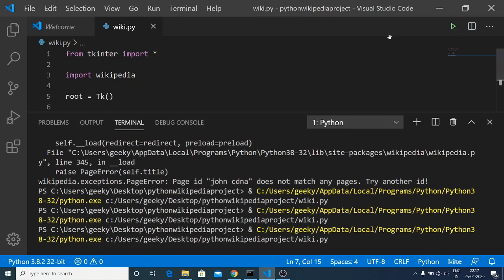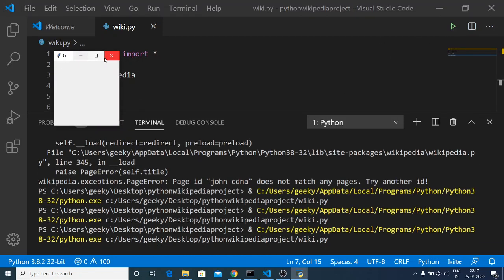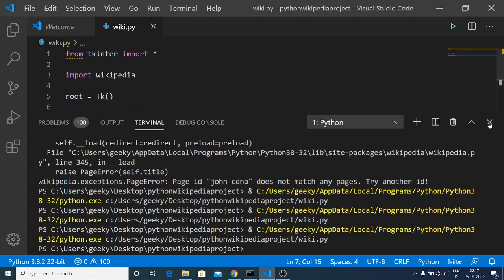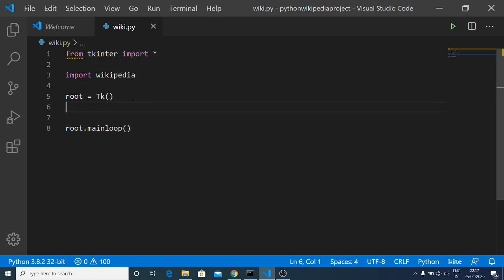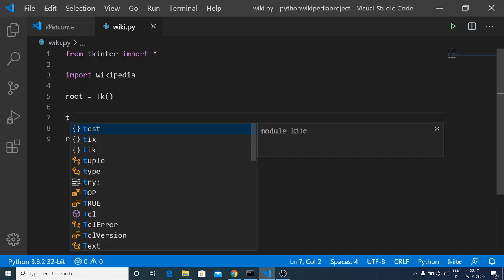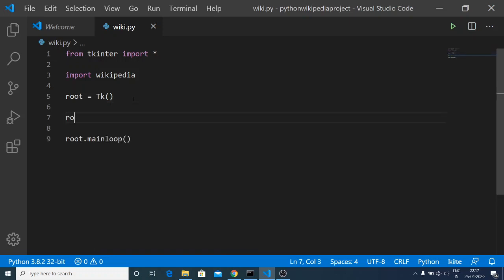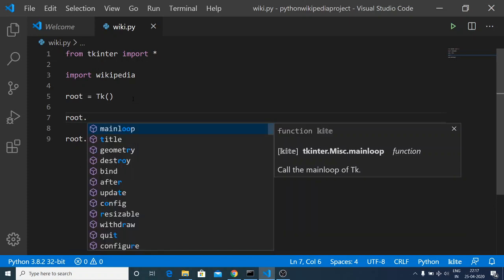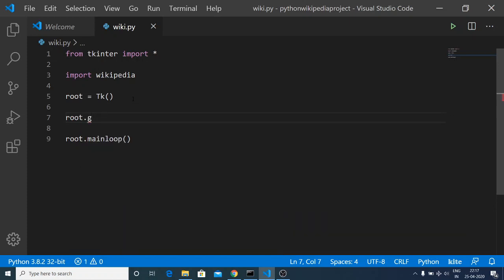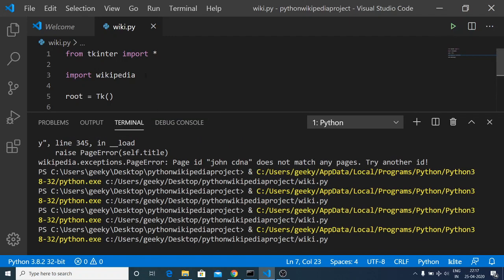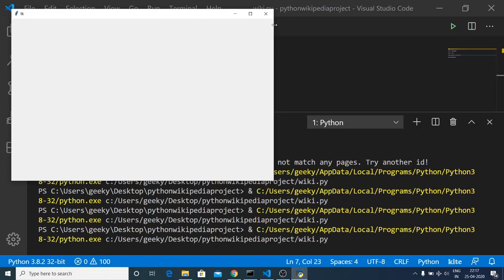So if I run this Python application, you will see that this is my small little Tkinter window here. Now we need to resize this window. It is very easy, guys. We can just use the geometry method which is there inside Tkinter to manipulate the dimensions. We can just write here root dot geometry. This is a method, and here inside a string you can just pass 800 multiplied 500. So this is width and height. Now if I run this again, you will see our window will be larger, 800 in width and 500 in height.